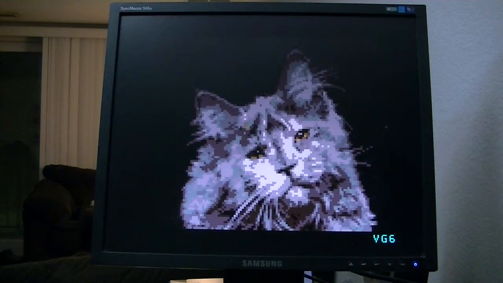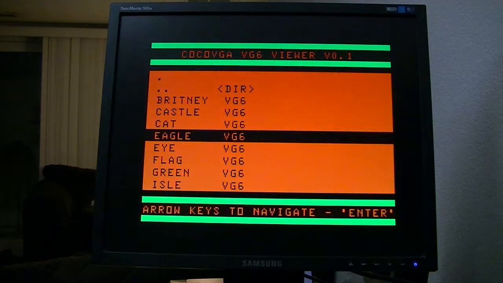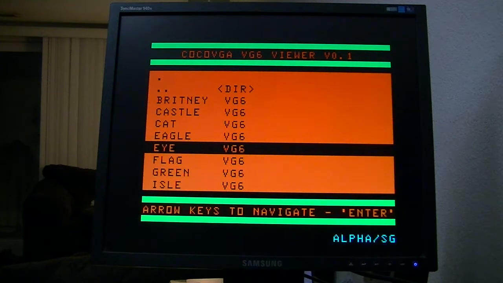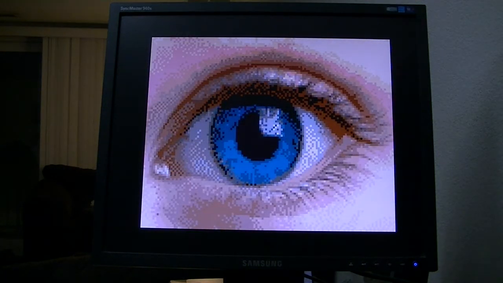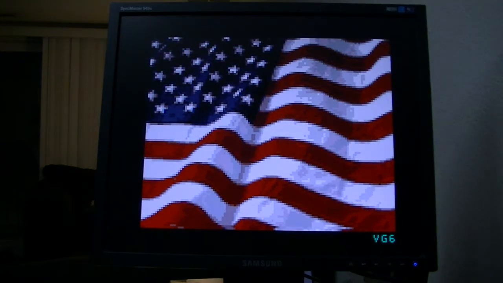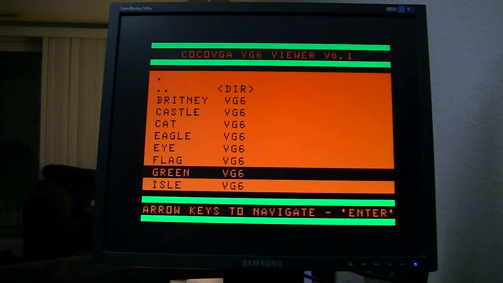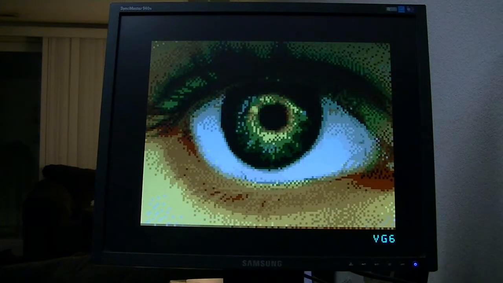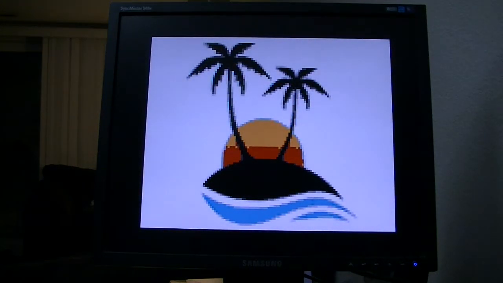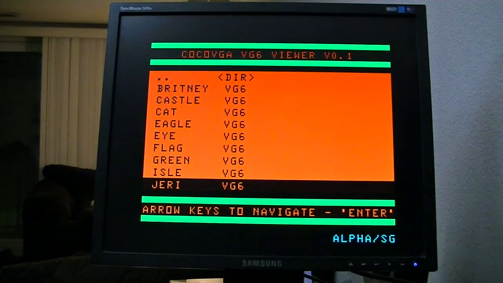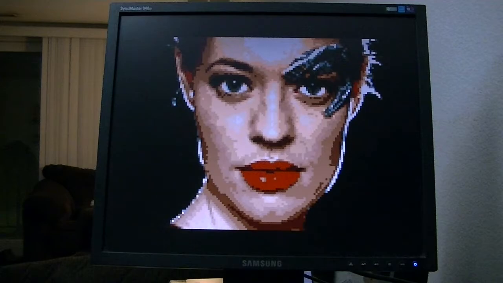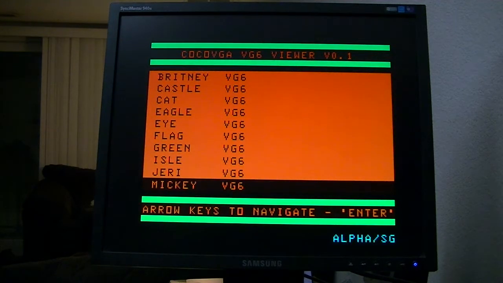Cat. Eagle. Eye. An American flag. It's a nice one. Another eye. Kind of an island logo. That one turned out good. I didn't do really any editing on these,